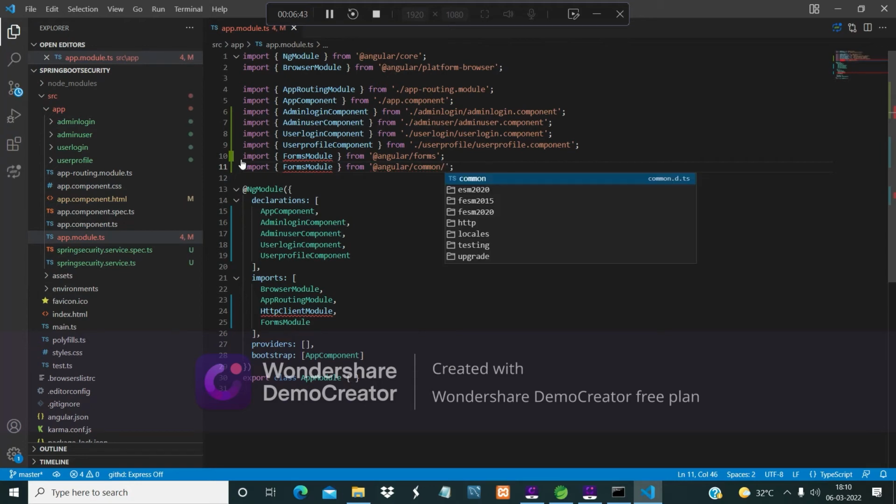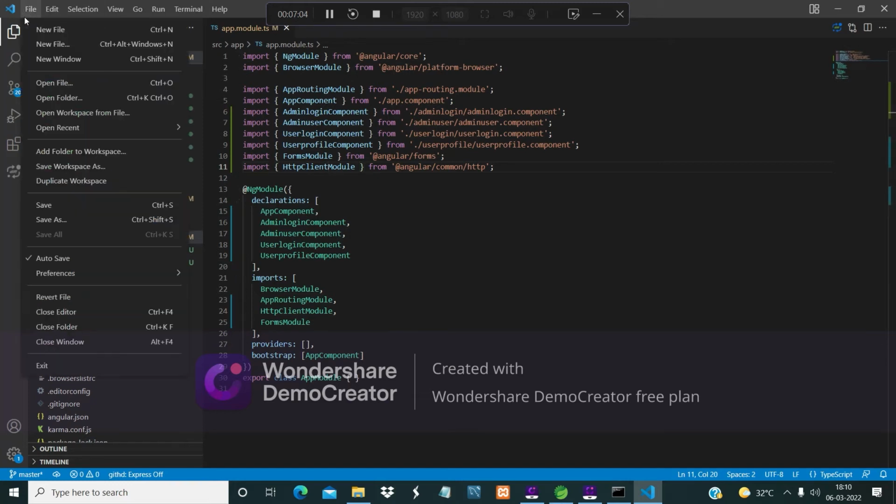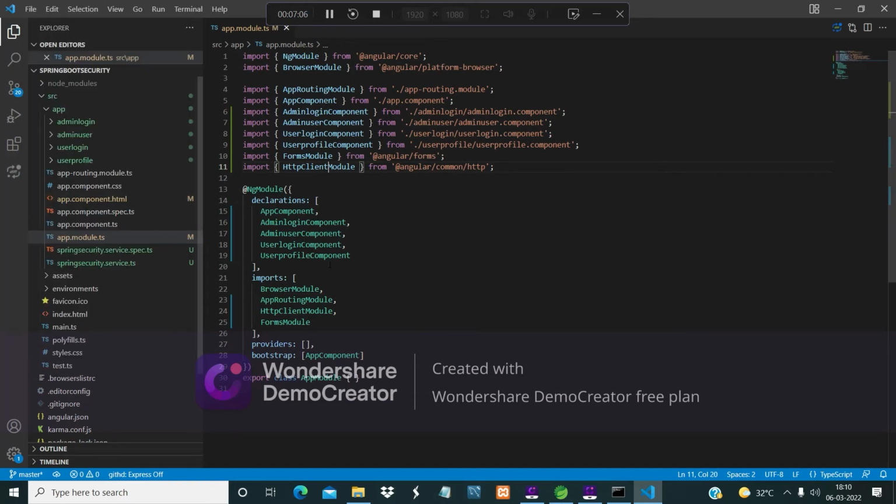Rename it as HttpClientModule. So the import is correct.